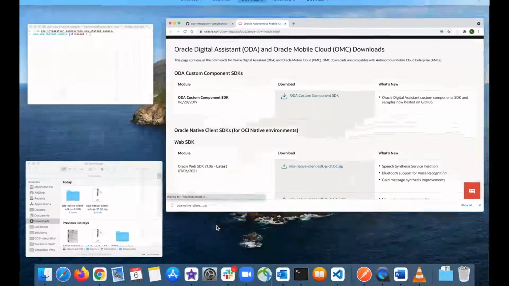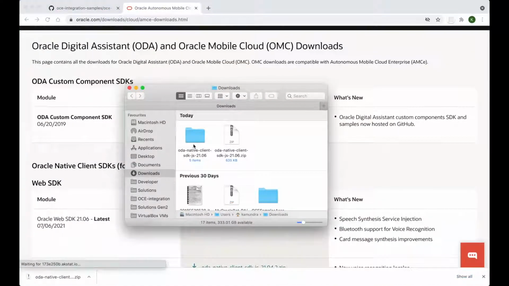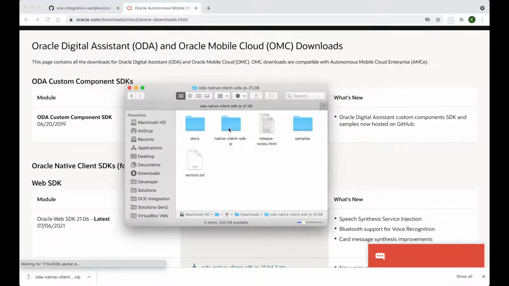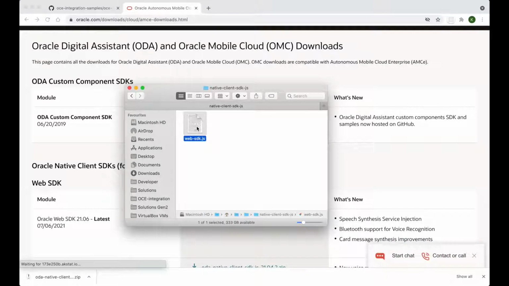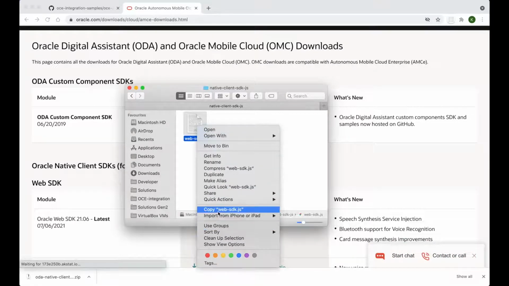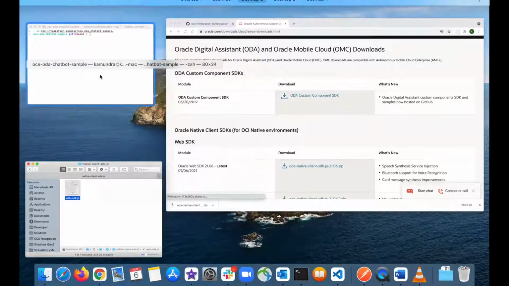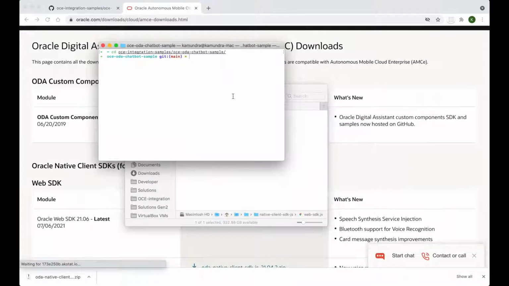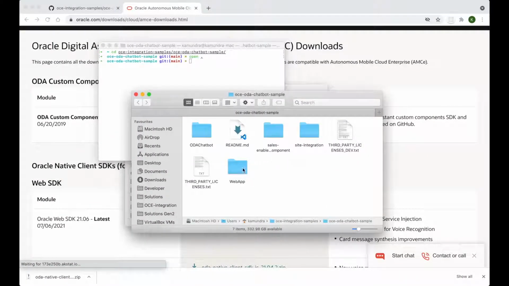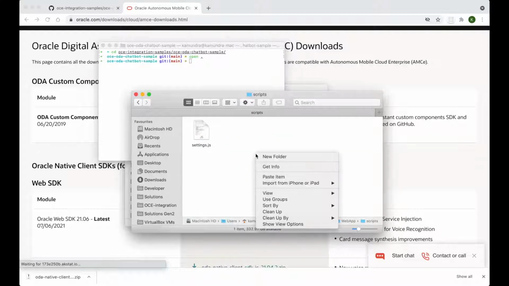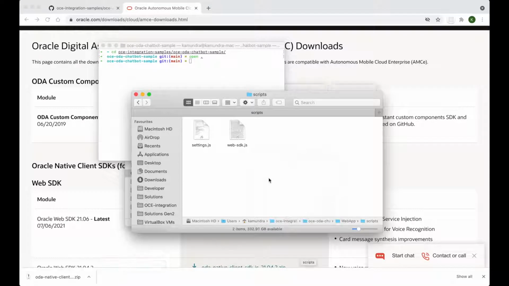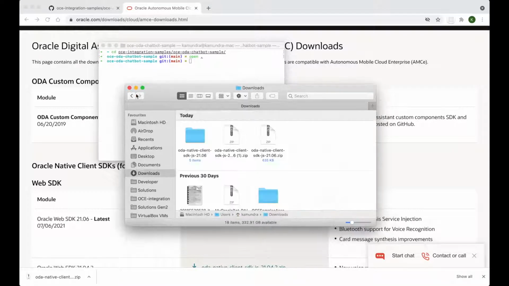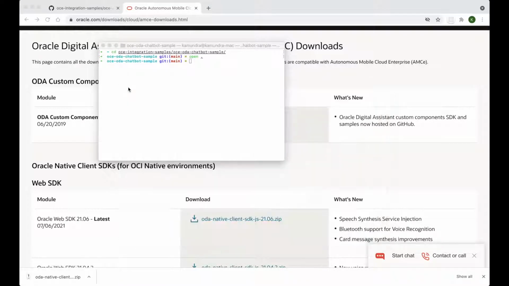I already have it downloaded and unzipped, so I will copy the websdk.js file from the native client SDK.js folder. Let's open the OCE ODA chatbot sample folder and paste the websdk.js file inside the script folder in the web app. Now we have all the components that we need to set up our own chatbot sample.